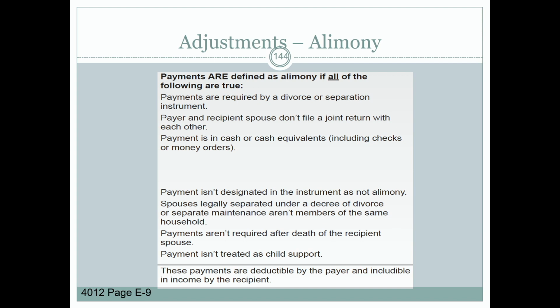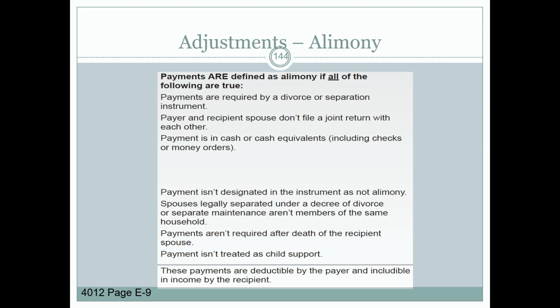Payments are required by a divorce or separate maintenance instrument. Payer and recipient spouse don't file a joint return with each other. Payment is in cash or cash equivalent. Payment isn't designated in the instrument as not alimony. Spouses are legally separated under a decree of divorce. Payments aren't required after death of the recipient. Payment isn't treated as